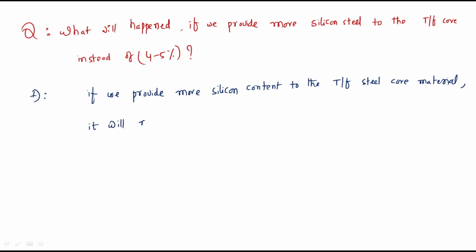It will make the core more brittle. So if we provide more silicon content to the pure steel, obviously the core of the transformer will be more brittle in nature,